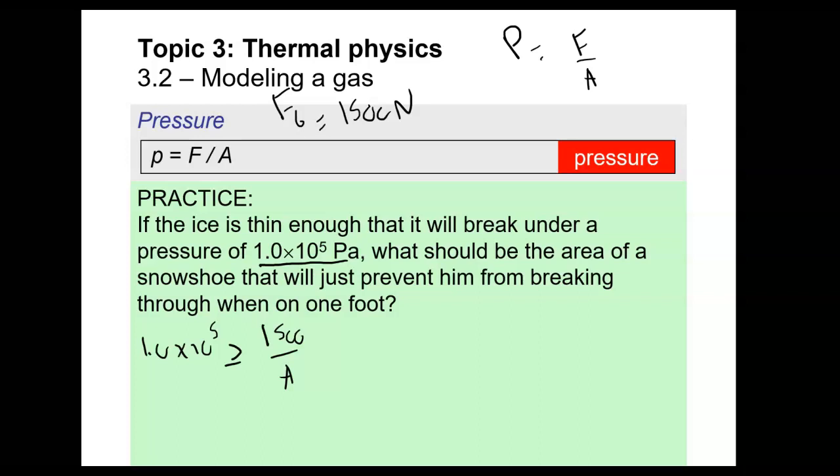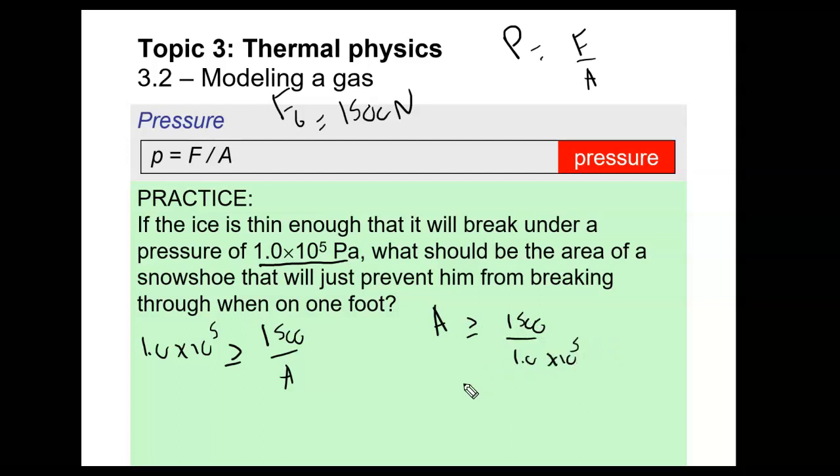So we want to find A such that this inequality is true. So A should be, do I have this right? Yes, I believe so. So that means A should be greater than or equal to 1500 over 1.0 times 10